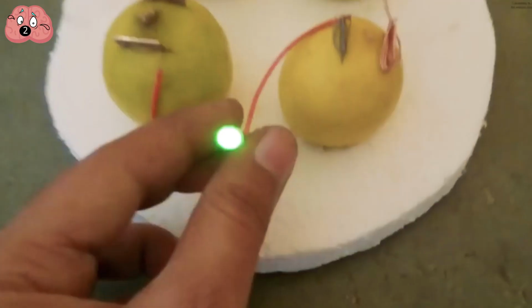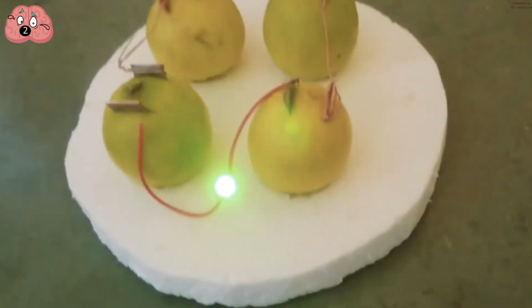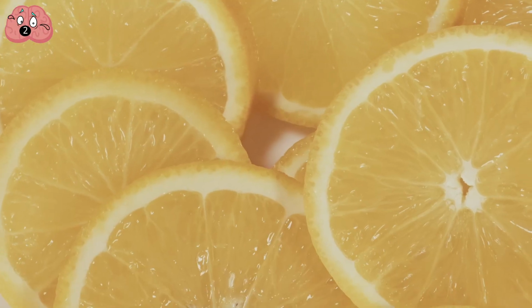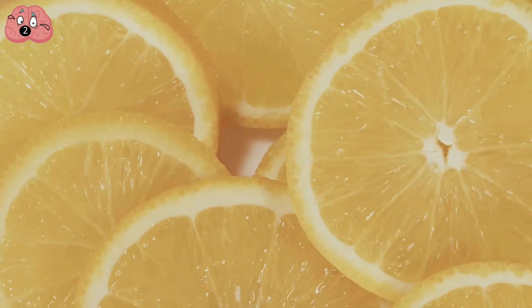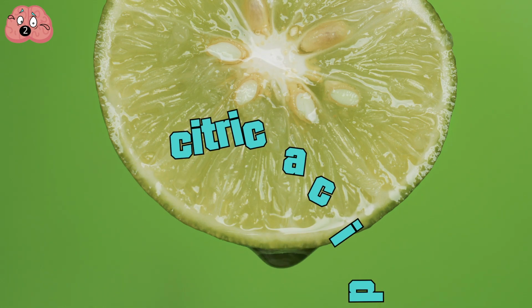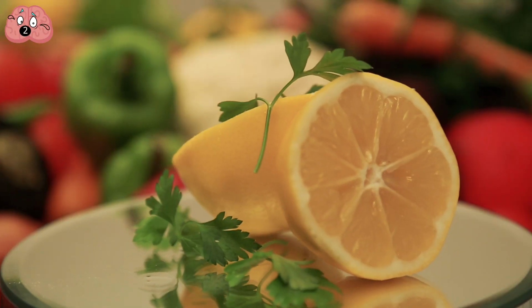Number 2. Use a lemon as a battery. Using lemons to power small lights or LEDs is a well-known science experiment that you can try at home. Lemons are pretty strong fruits, that's obvious when you taste them. They're very acidic and very sour. This flavor is caused by citric acid, which is found in all citrus fruits, but is found in a higher